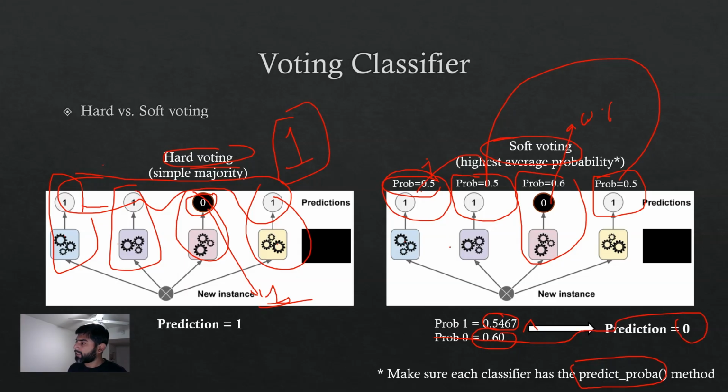Same data set, same models, the only difference is now we use probabilities. How confident is each model about its own prediction? We average their probabilities, compare with the opposing prediction's probability, and we find the opposing prediction probability is higher than the three models suggesting the same thing. And this way, we make a prediction of 0. See, the difference is this guy predicted 1, this ensemble predicted 0. So each of them has its own use cases, and we're going to learn when to use which one.